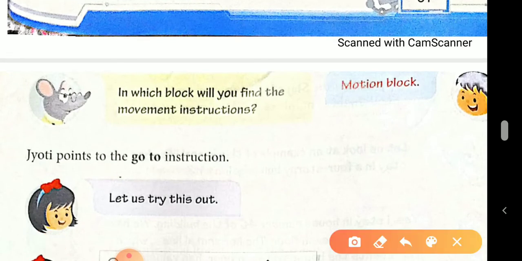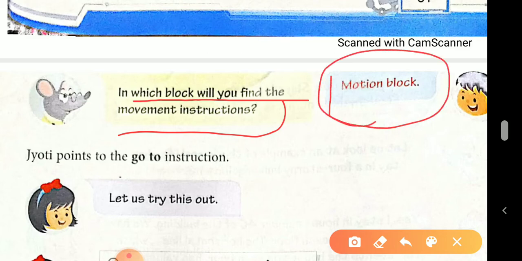In which block will you find the movement instruction? In our motion blocks.